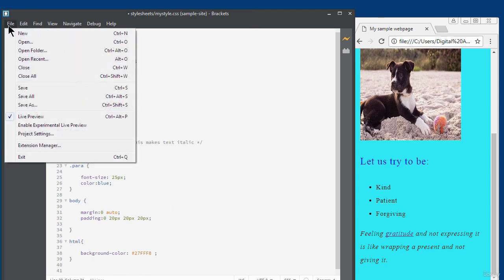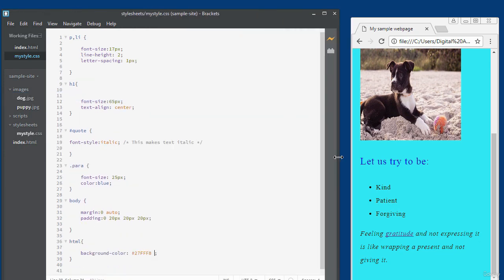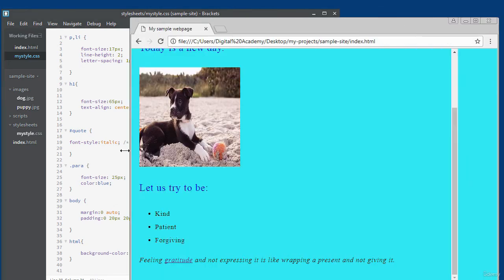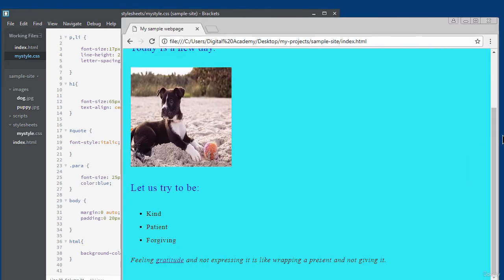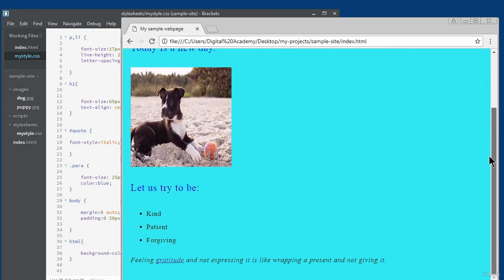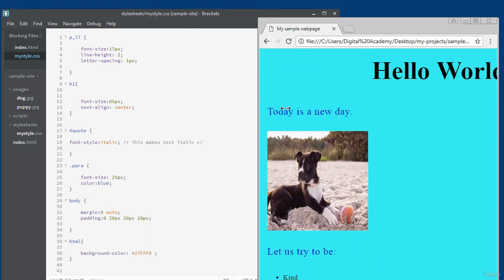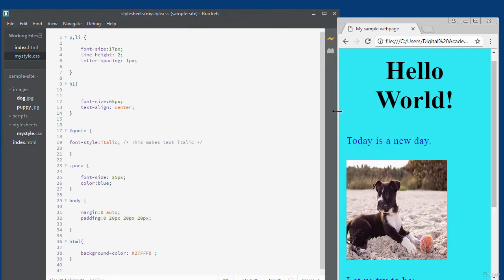I'm just going to quickly save that. You can see now the background color is reflected. If I just expand the web page, because I've applied it to the HTML element, it's applied to the entire page, because the entire page is an HTML document, which is where I have specified. But you can specify a background color around any element you want, but in my case I've done it around the entire HTML element. So that's basically how to change the background color of an HTML element